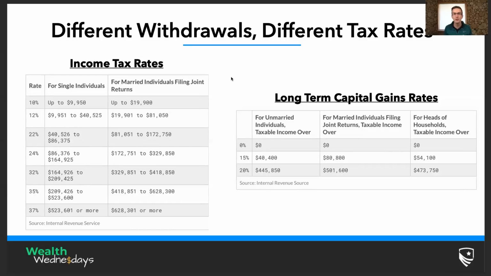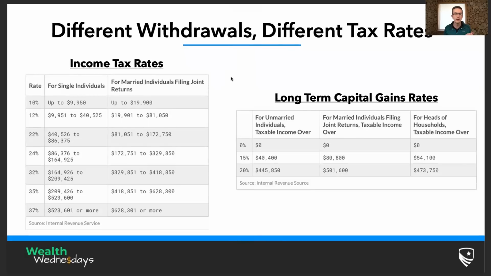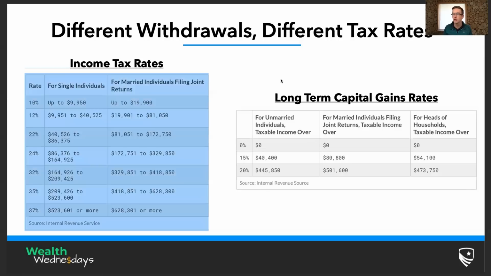So really where the value with a taxable account comes at is understanding the difference between long-term capital gains and short-term capital gains. So if you've held an investment in a taxable account for more than a year, it is a long-term capital gain. If you've held it for less than a year, it's a short-term capital gain. And so again, as far as using a taxable account tax efficiently in your retirement, where the real value comes from, it's essentially trying to transfer whether it's growth taxes that you owe or taxes on the withdrawal,